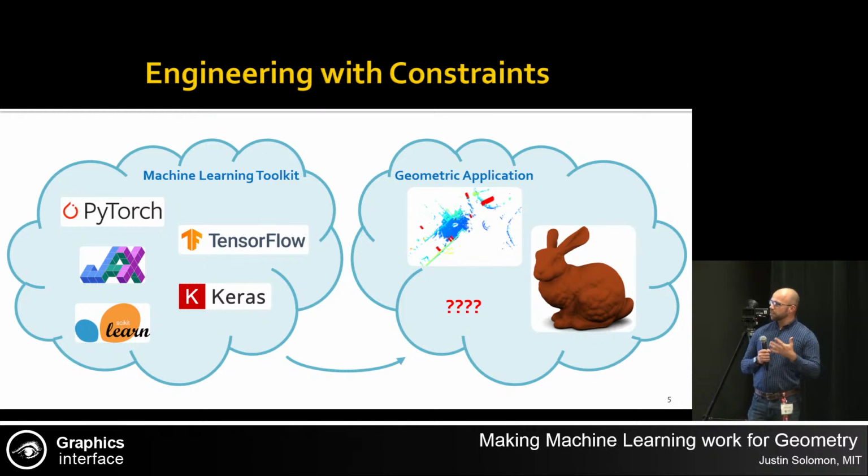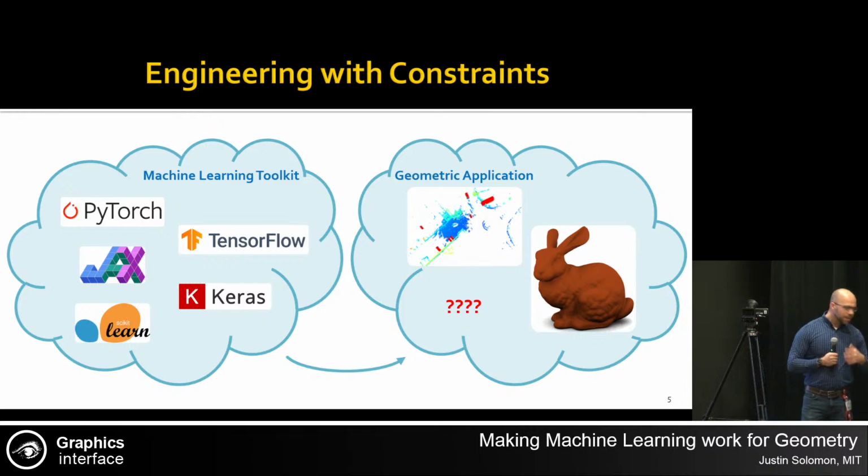And so there's a totally reasonable inclination to use those tools as a starting point and to say, how can I take the success that's worked really well in these other domains and transfer it to geometry? But in essence, what that makes you do is kind of engineering with a certain set of constraints, right? Essentially, you're developing geometry tools that are working with the kinds of operations that were already built into PyTorch and TensorFlow. And unfortunately, those tools are just not always the right thing for the job.